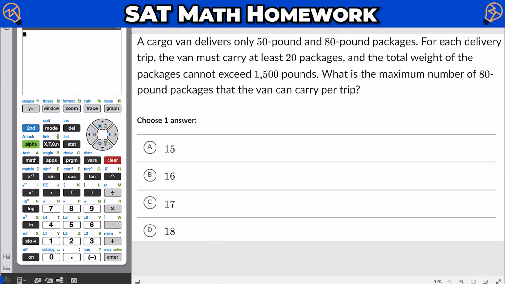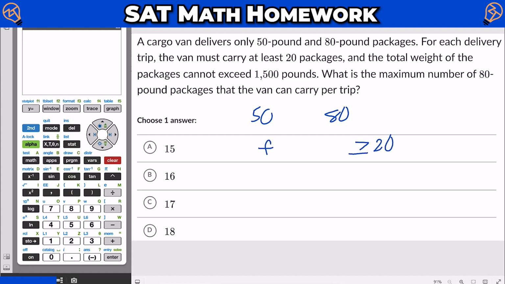So you've probably noticed by now that I like to write things out as I read the question. So a cargo van delivers only 50-pound and 80-pound packages. So we have 50-pound packages, 80-pound packages. For each delivery trip, the van must carry at least 20 packages, and we know it's a combination of,